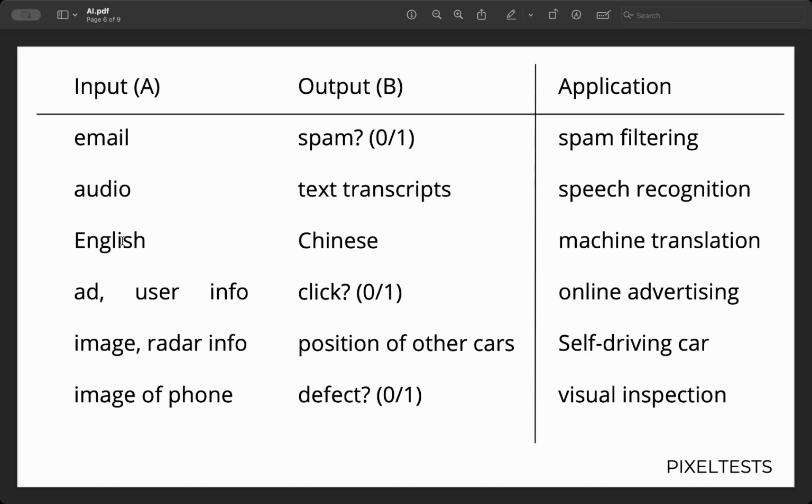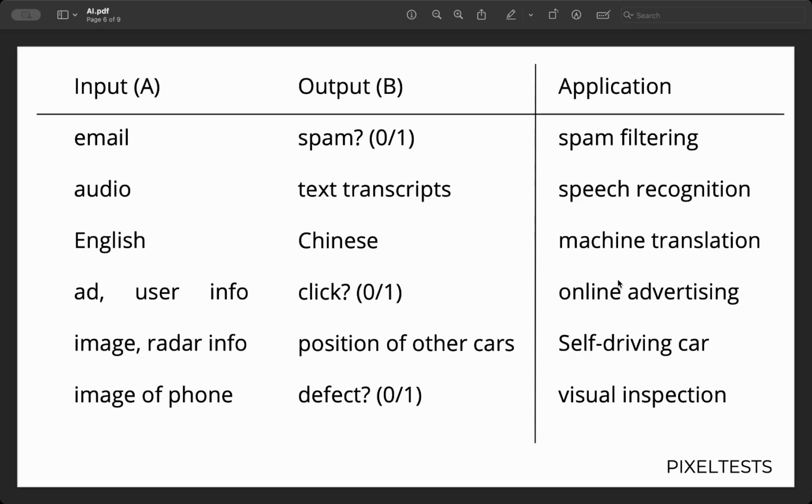If you've given input as English and output as Chinese, this is machine translation. Now, if you've given ad and user info, now based upon that info, the machine will predict if the person is highly probable to click it or not.